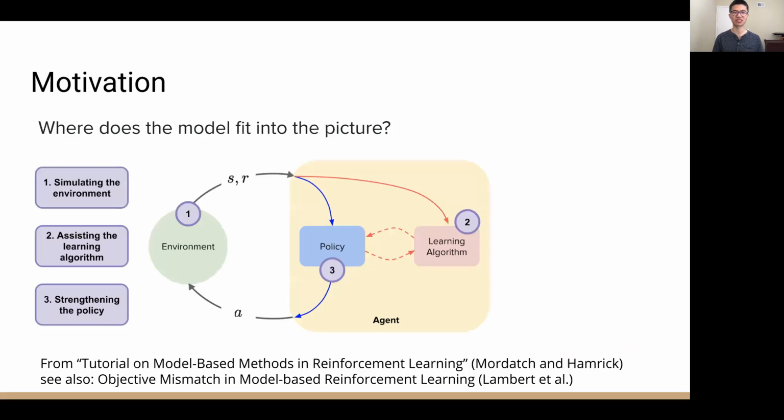However, evaluating models can be tricky. As you can see in the slide given from a tutorial on model-based RL last year, a typical model is used in many different places, from simulating the environment to strengthening the policy itself. To help combat this objective mismatch and better evaluate our models, we choose instead to focus on the fixed dataset